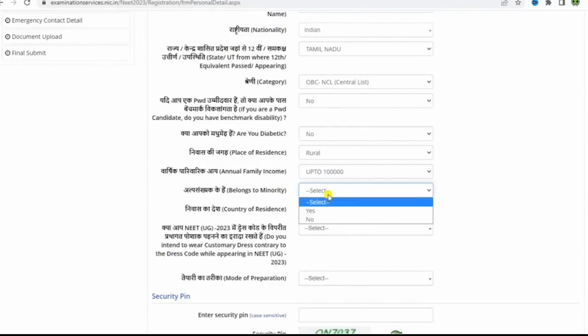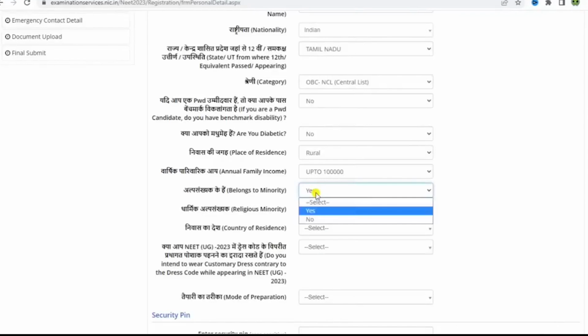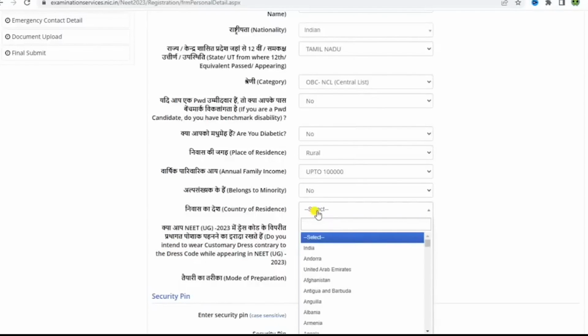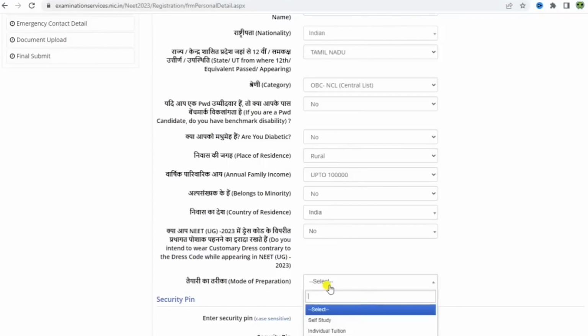And then fill in place of residence, your family income, and then click yes if you belong to minority, no if not. Fill in the religious minority if you belong to the minority category. And then select the country you reside in. Select yes if you intend to wear customary dress contrary to the dress code while appearing in NEET 2023, and select no if not. Make sure you are filling all these details correctly, and then fill in your mode of preparation